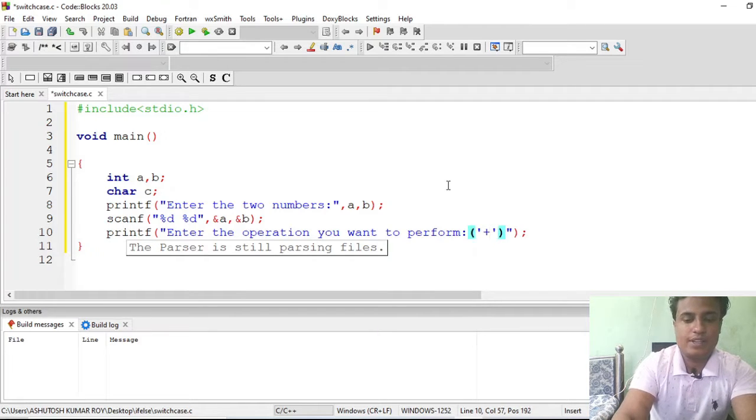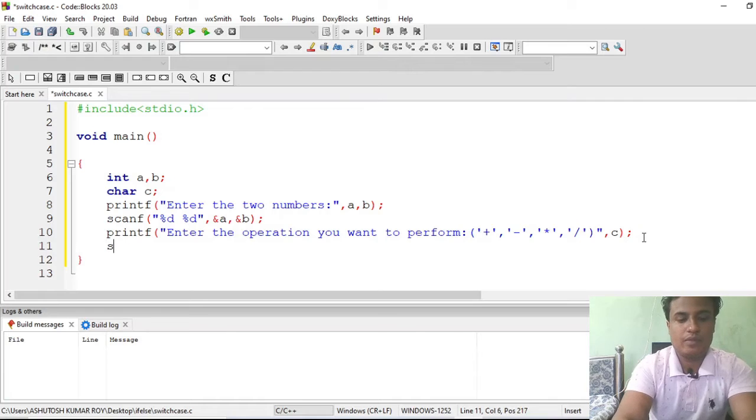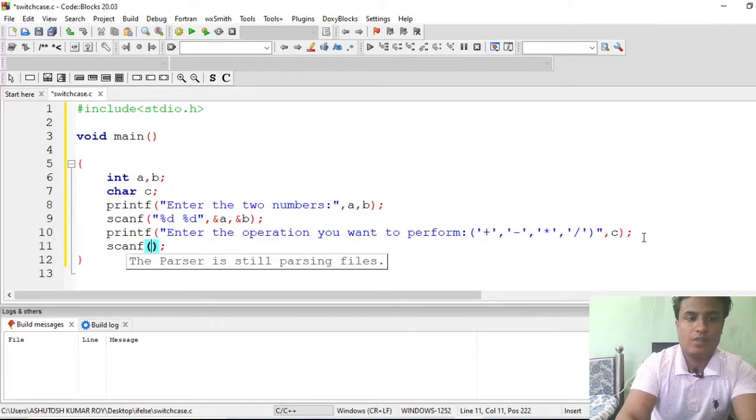Suppose you want to perform addition, or subtraction, or multiplication, or division. Let the user choose from among these and store the choice in variable C. So scanf, %d, C. We'll store our choice in the C variable. Hope you're getting this.